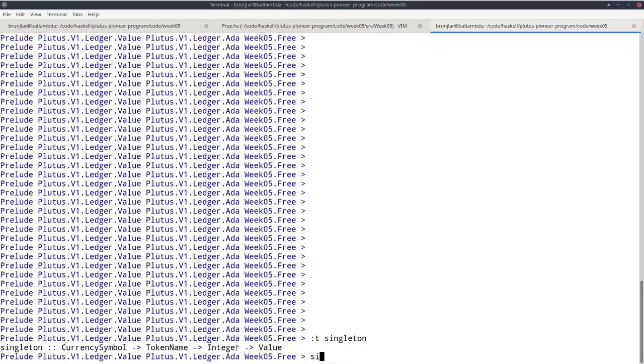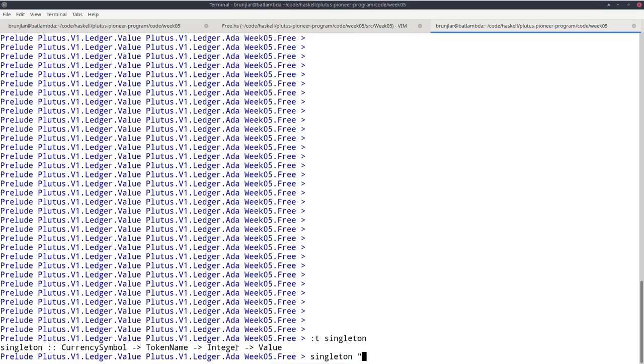So we can construct a value with the native token by now first giving a currency symbol, and as I mentioned before, because we have the OverloadedStrings extension activated, I can just give the currency symbol as a literal string. However, that can't be an arbitrary string. It must be a string representing a hexadecimal value for reasons I'll explain in a minute.